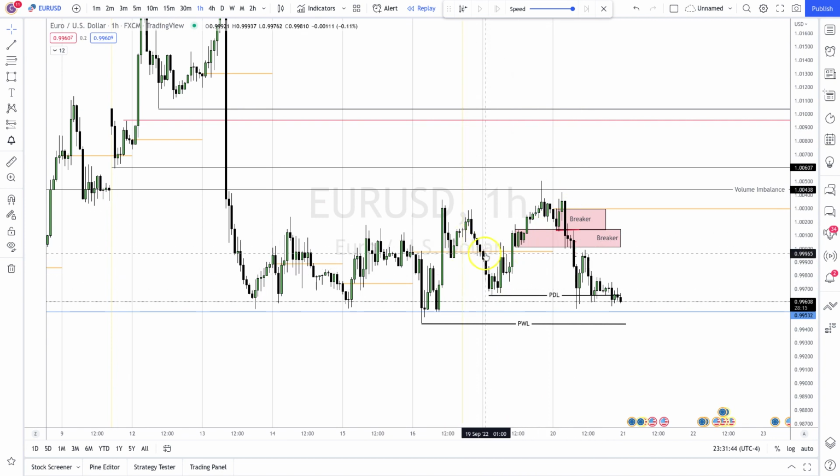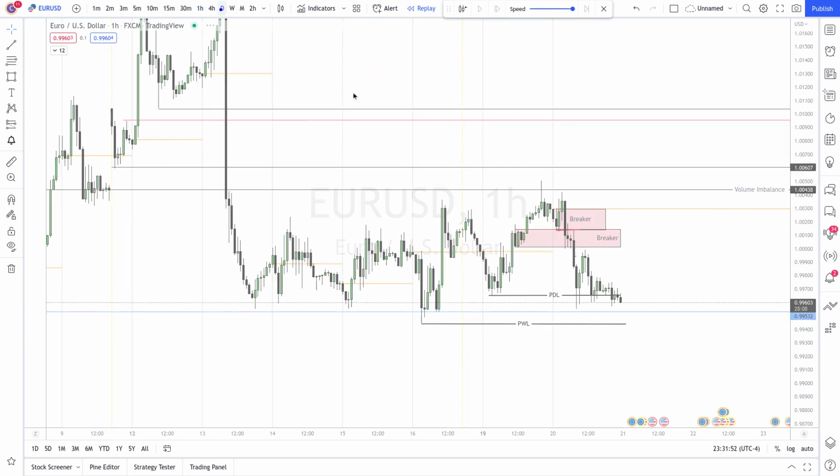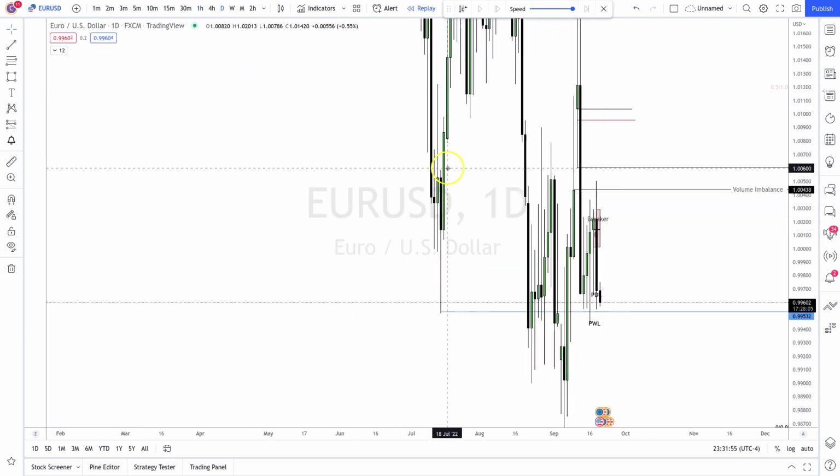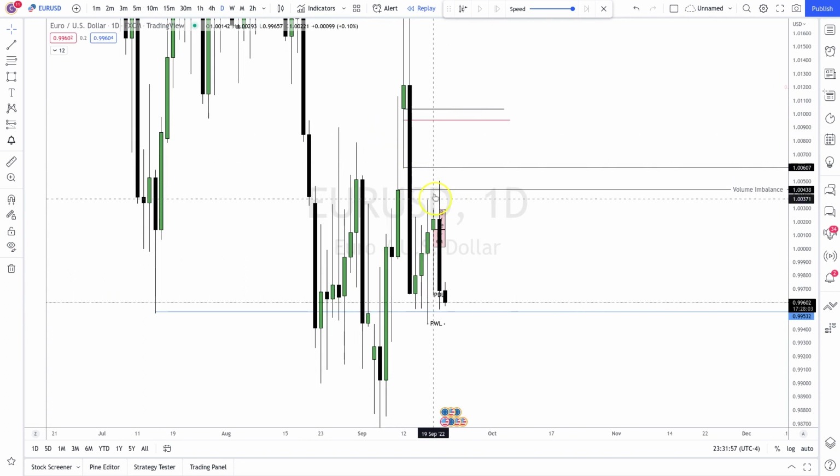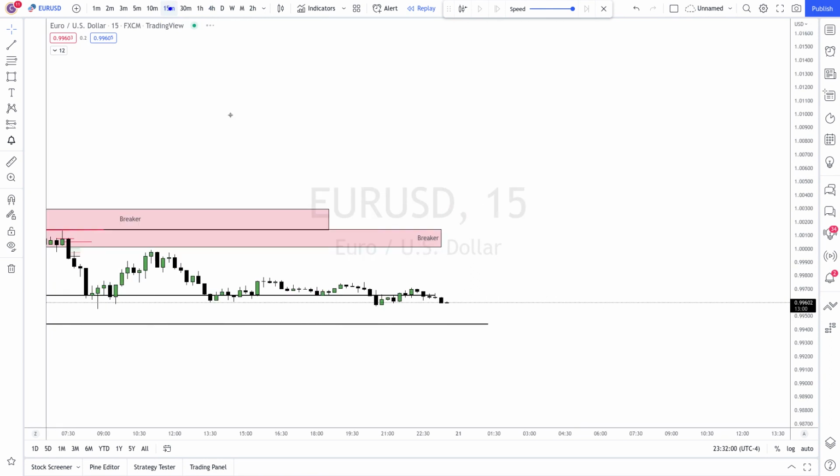Monday's opening price is right here. All right, so we see price push above the weekly open into this old volume imbalance. Okay, and you can literally see here, this is the volume imbalance, and this is where price pushes to, takes out previous day's high, and then